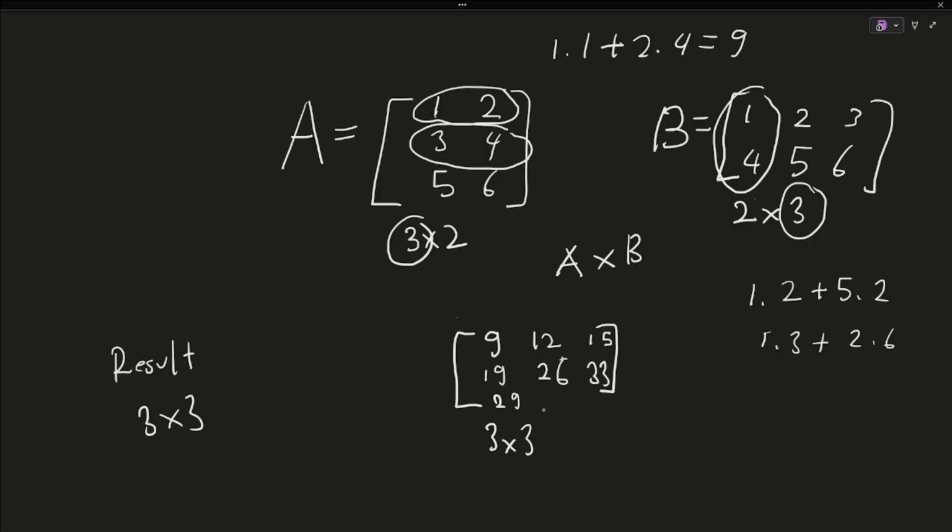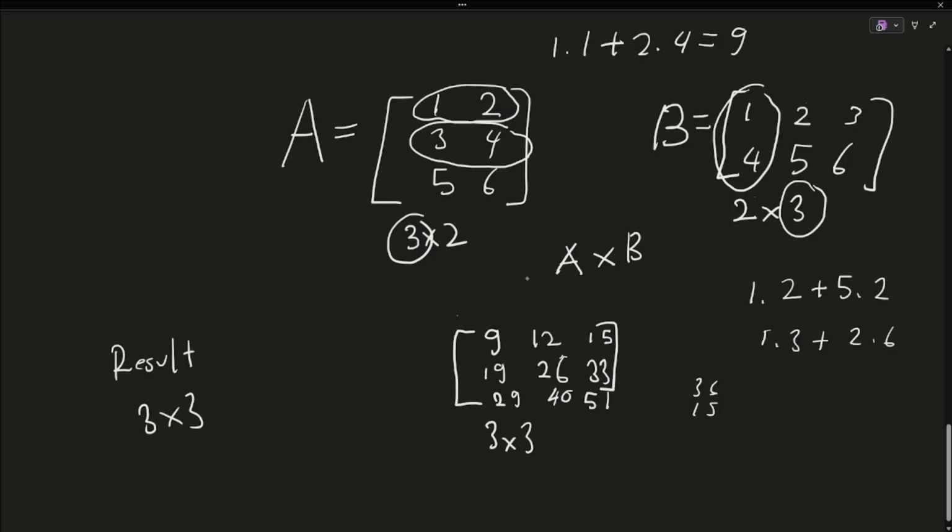So that will be 30 plus 10, which is 40. And the third one will be 5 times 3, 15, and 6 times 6, 36. So 36 plus 15 will be 51. So basically, this will be our resultant matrix